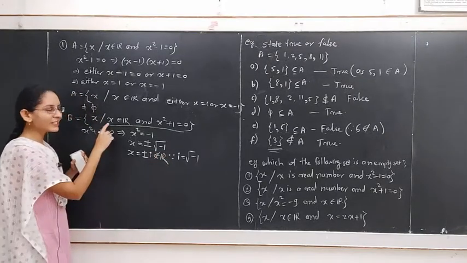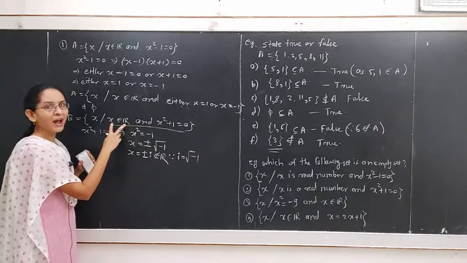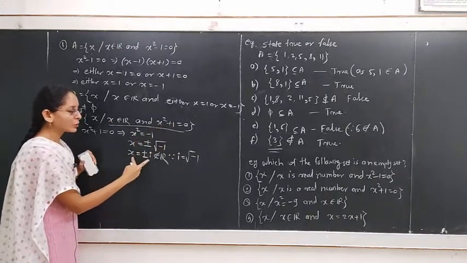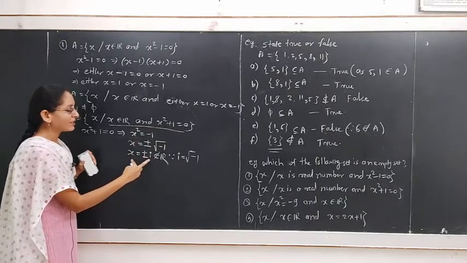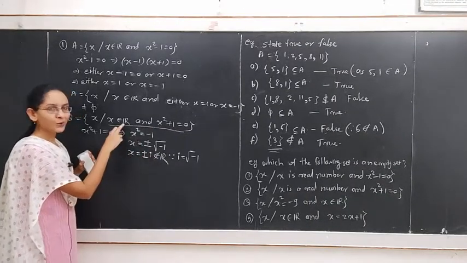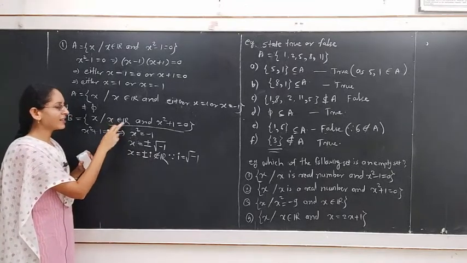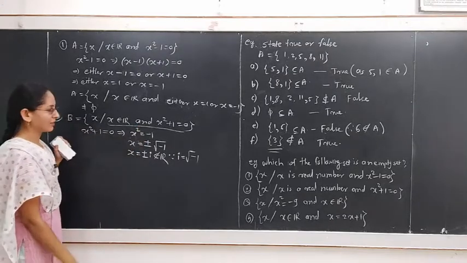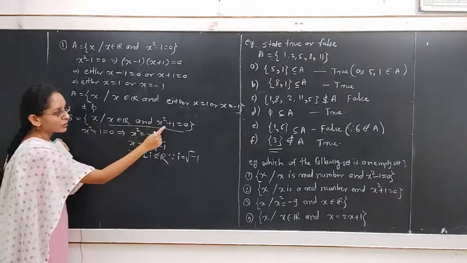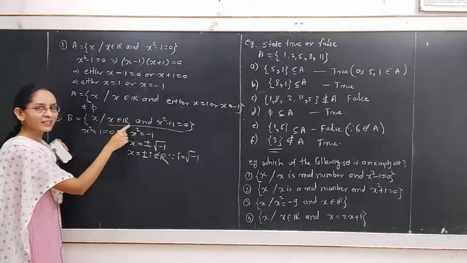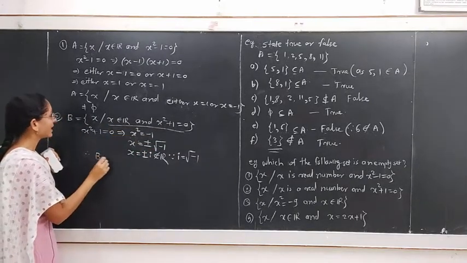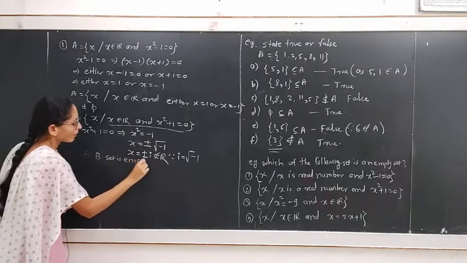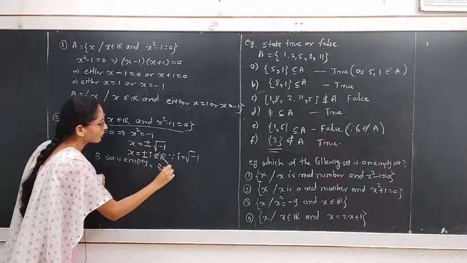We have two conditions on x. x is a real number as well as x satisfying this equation. If we solve the equation, we will get two values i and minus i, and these values do not belong to R. But we have the condition on x that x belongs to R. Hence, this set is an empty set because x is a solution of this equation, but x is not a real number. Therefore, set B is empty, or we can write this as B is equal to phi.